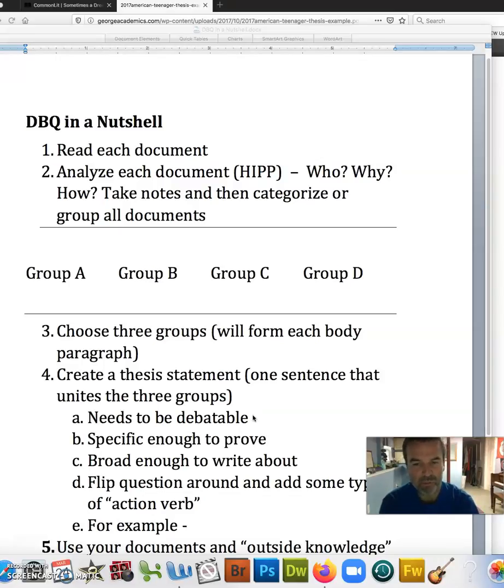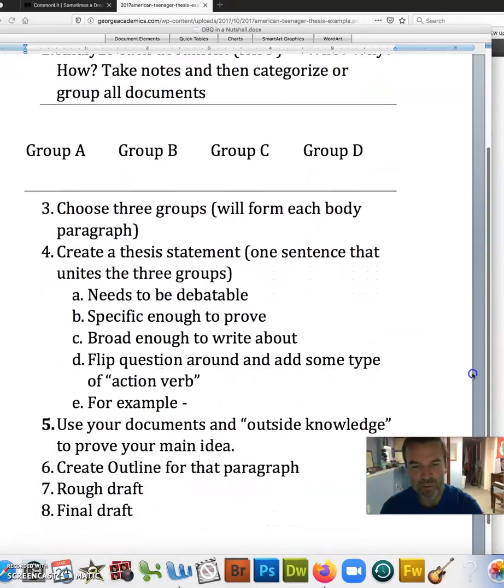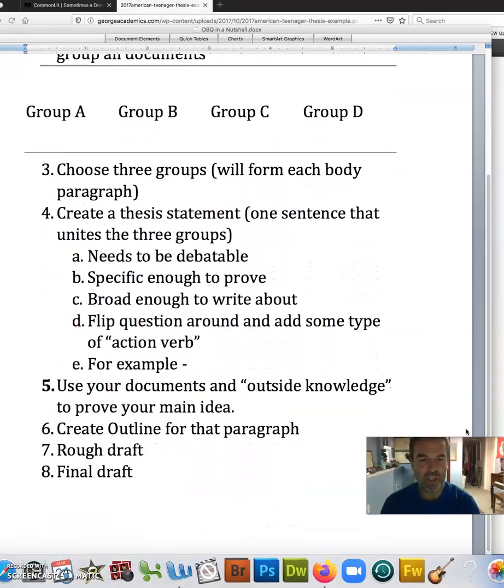For example, flip the question around into something that creates, shapes, influences, or impacts. Don't just flip the question around and end with some type of noun, like cultural diffusion. Okay? And I'll give you an example in a minute. So, as already stated, you want to use your documents,